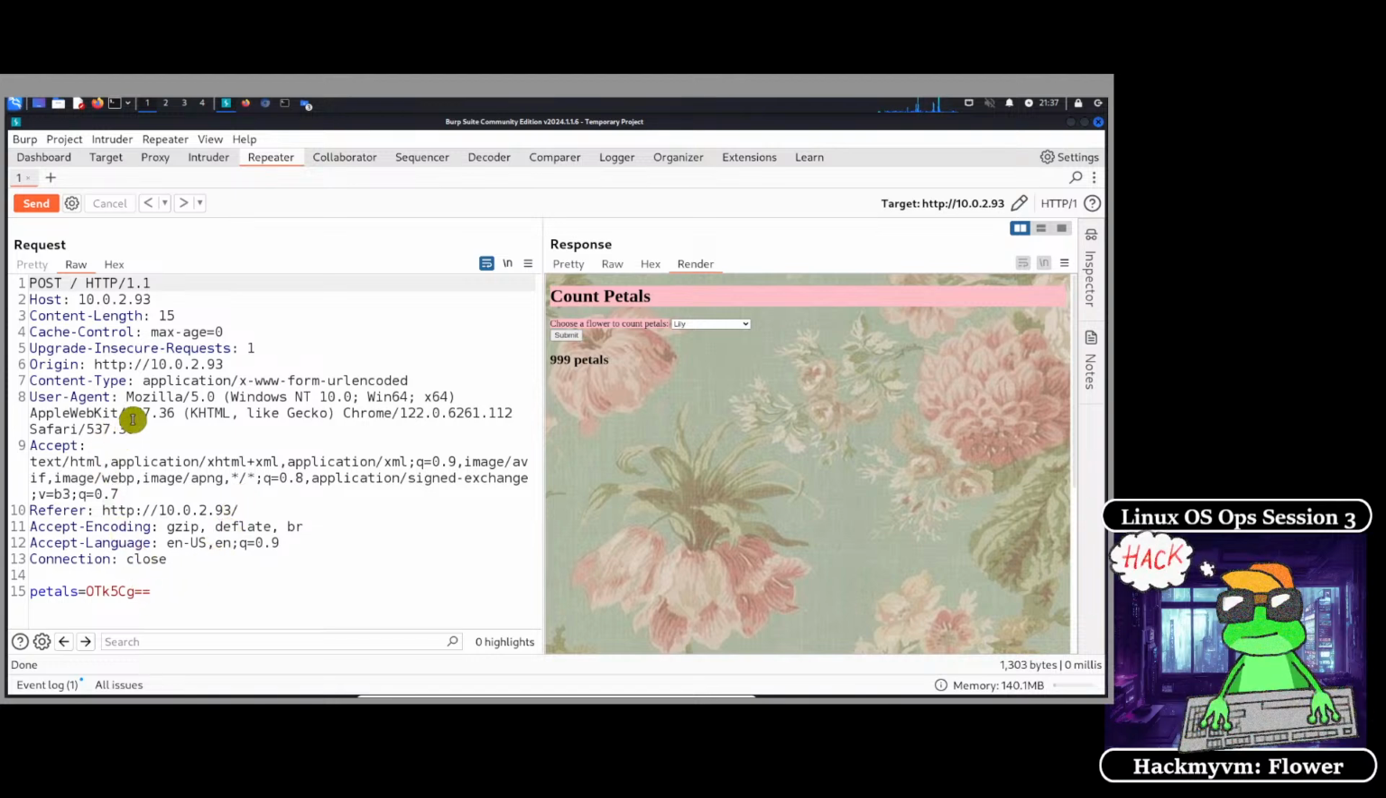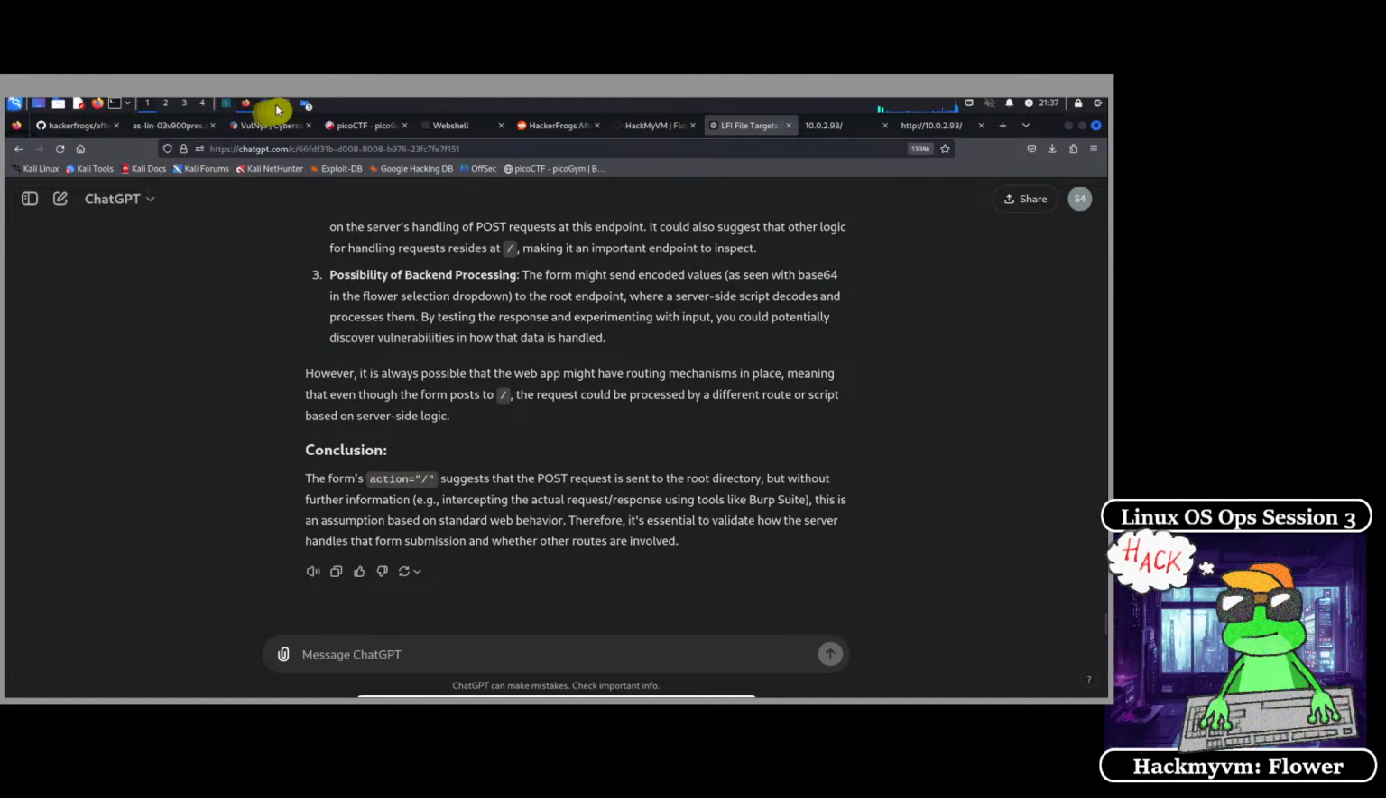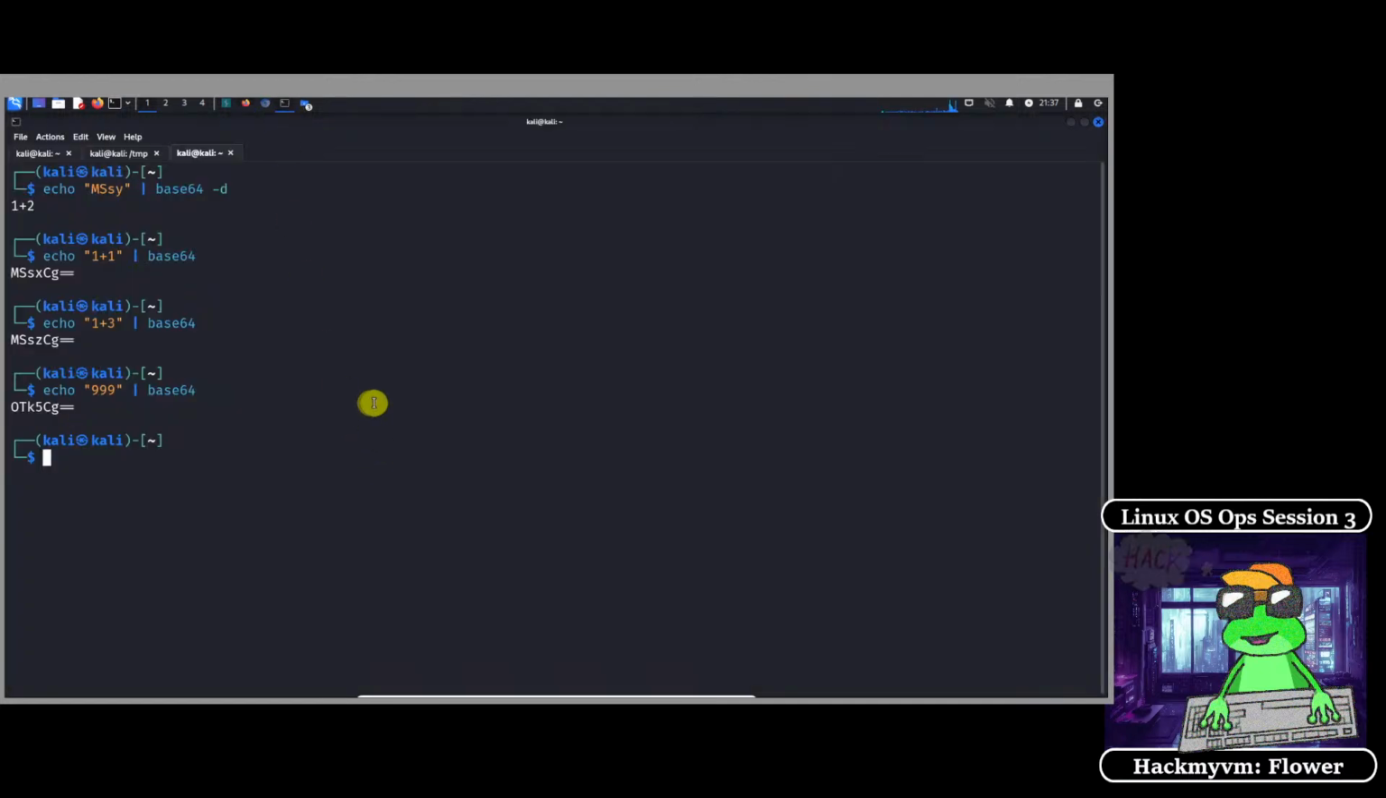so if we're assuming that whatever we're sending to the server is being decoded from base64, and then some sort of mathematical operation is done, and then it's just taking whatever number is there and presenting it on the web page, we could probably take advantage of that. So let's try encoding something else. So over at our terminal, let's try echoing